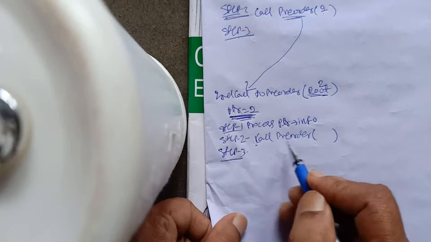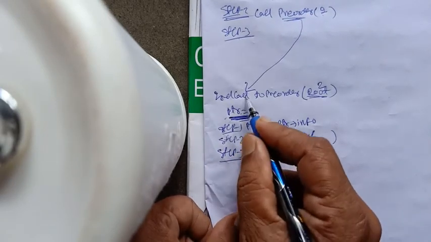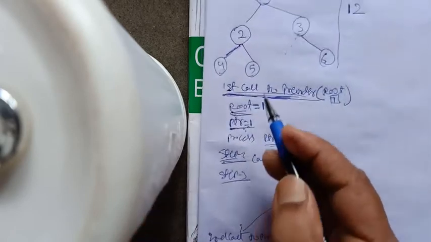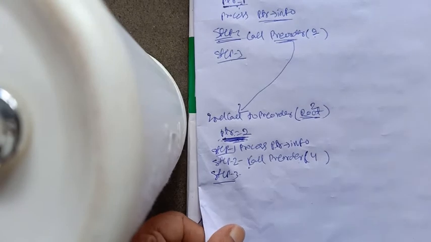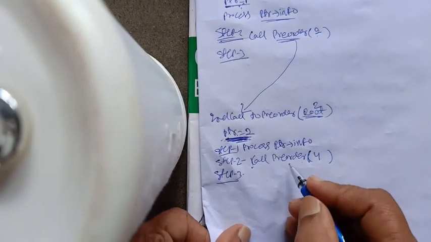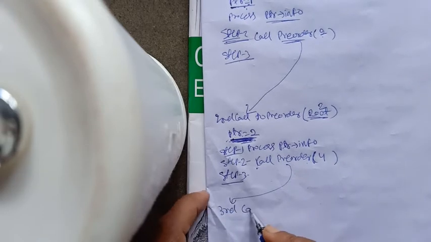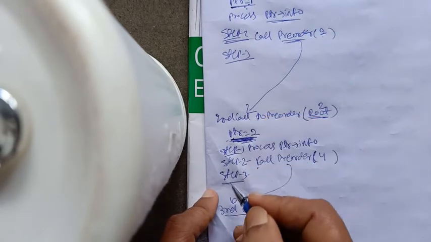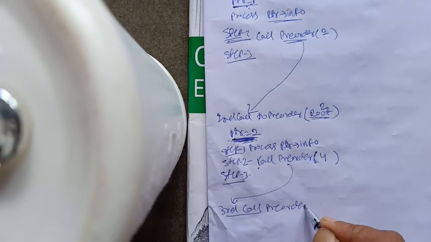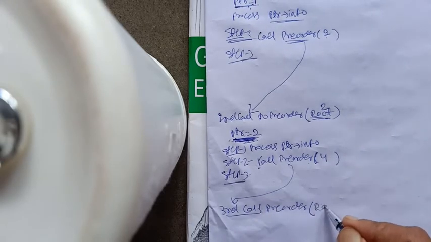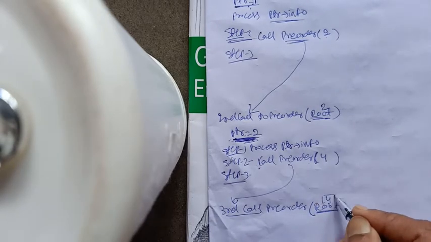So in call preorder, the parameter that will be passed is ptr left. What is ptr in the second call? Ptr value is 2. So ptr of left is how much? 4. So now it will pass 4. Okay, so once again the third call will be made. See, from the second call it will jump to the third call. Okay, so preorder is called. The data that came in the variable root will be 4. So the value of root will be 4 now.